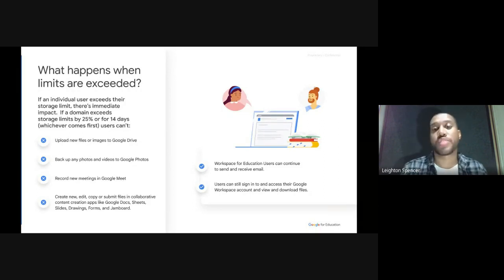If a user goes over the limit you set for them, they are immediately impacted, which means they will lose the ability to upload new files or images to Drive, continue to back up new photos or videos to Google Photos, record new meetings on Google Meet, and create new, edit, copy, or submit files within editors products like Docs, Sheets, and Slides within Drive. They will, however, still be able to send and receive Gmails